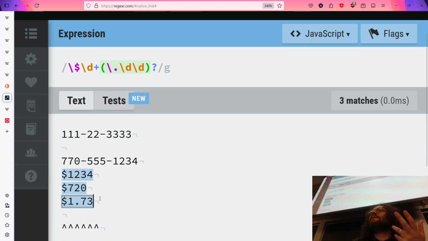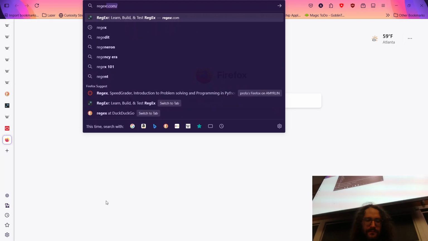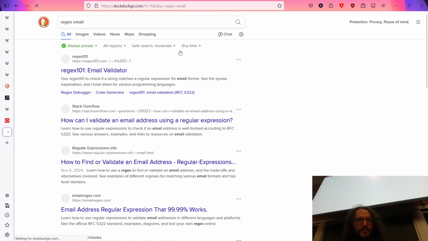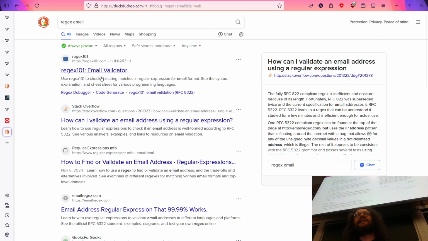So now we can see that it matches basically any kind of string that we need, whereas it's not being overly permissive. It's not giving me invalid strings. It's not going to match $7, although it will match this dollar portion of it. So there are limits. You can make these things rather complex, although there is a limit to the madness. Sometimes just because you can doesn't mean you should.